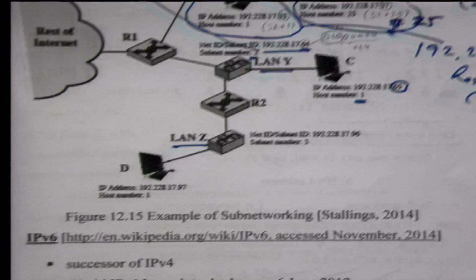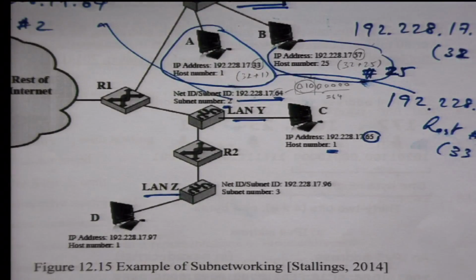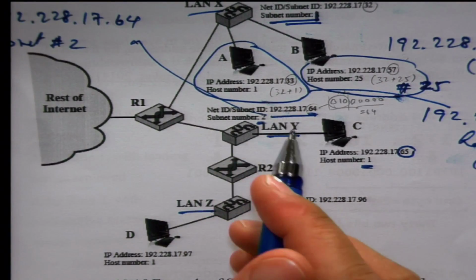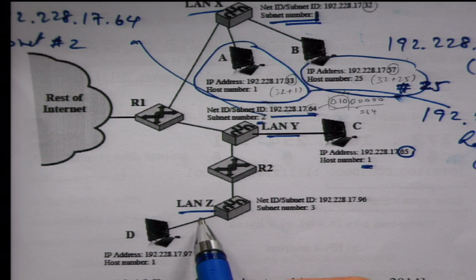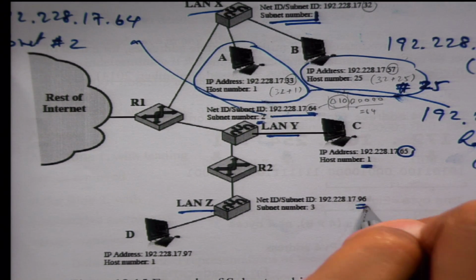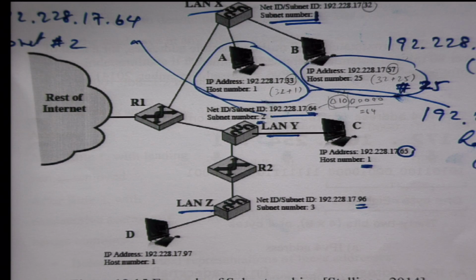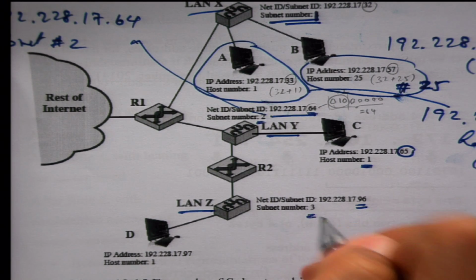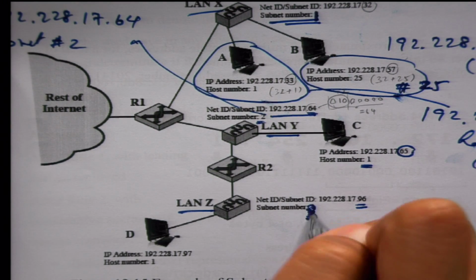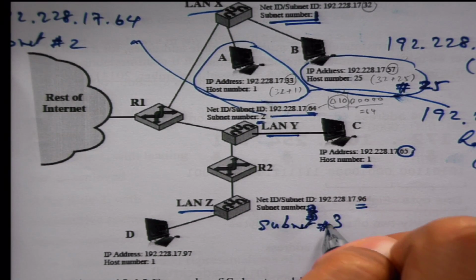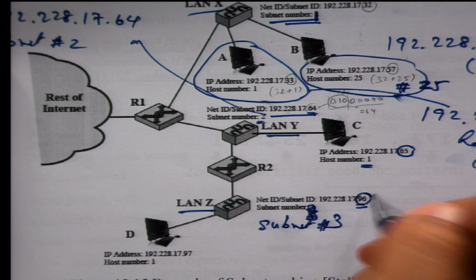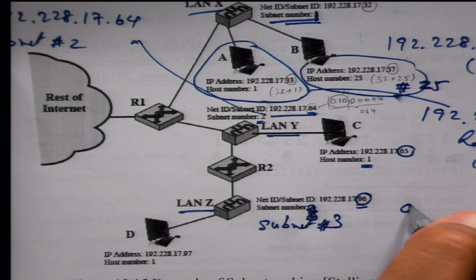And you may have a router inside of the organization. So you have another router here, router 2, connected to LAN C. In this case, you have subnet number 3, and this is 96, because 96 is 0,